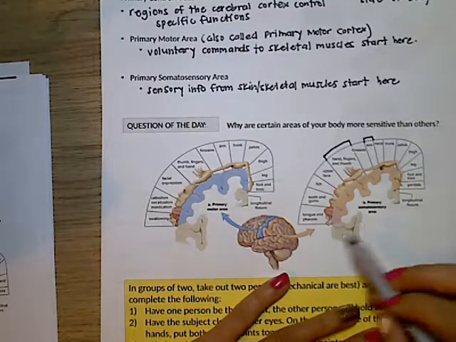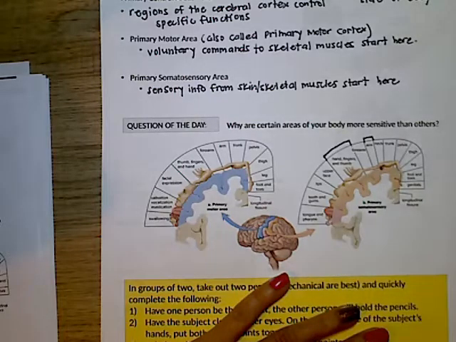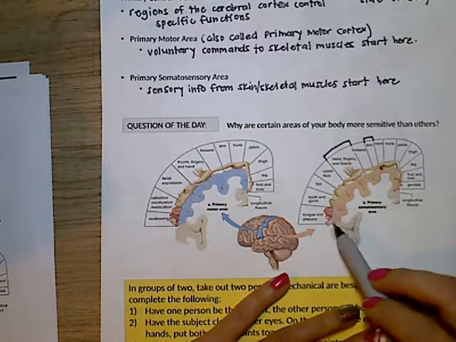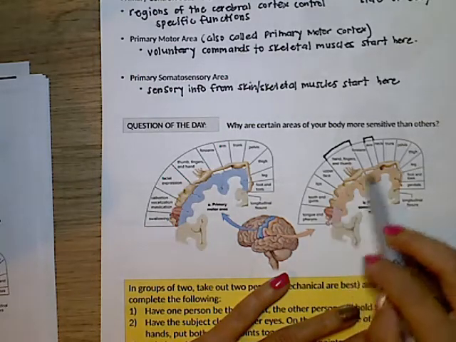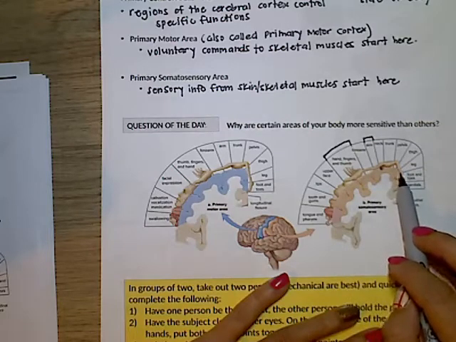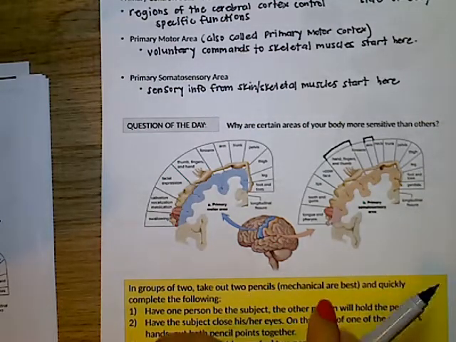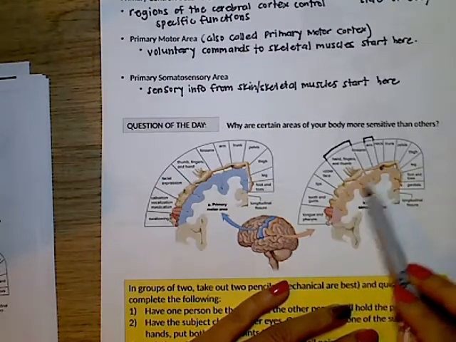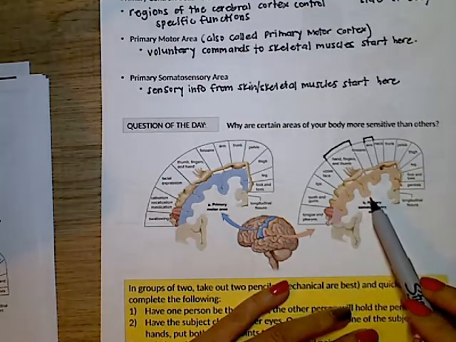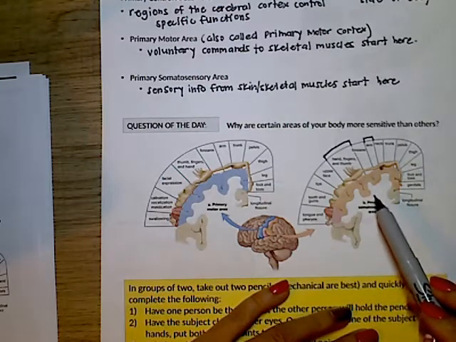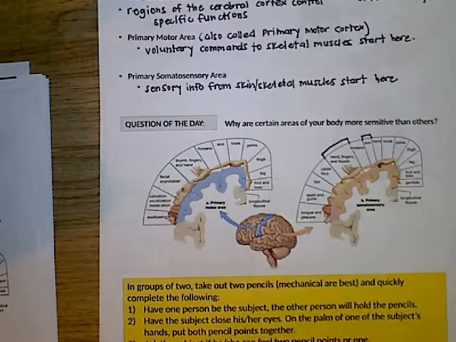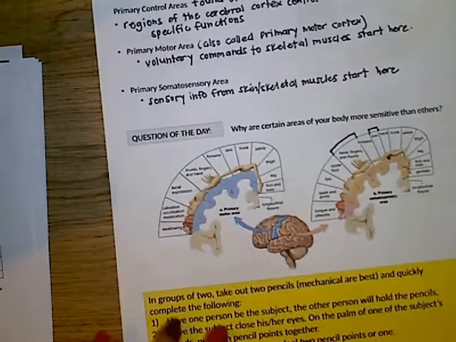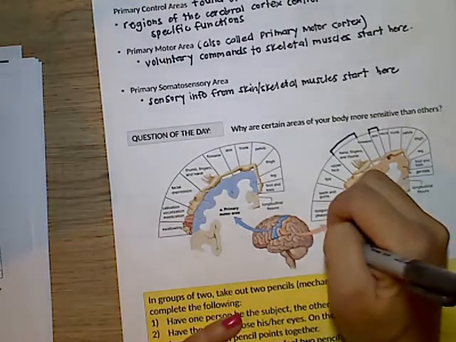And so this used to be called the sensory motor somatosensory homunculus or something like that. But you can see the different parts of the body, and hopefully you can see this better on your picture than you can on mine. I'm still trying to figure out why it's not looking focused. But anyway, the more area of the brain that's dedicated to that body part is going to make it more sensitive. So to write down the answer to that, the size of the area